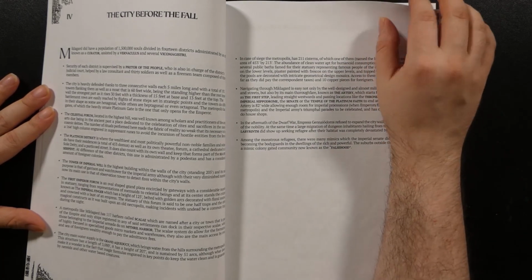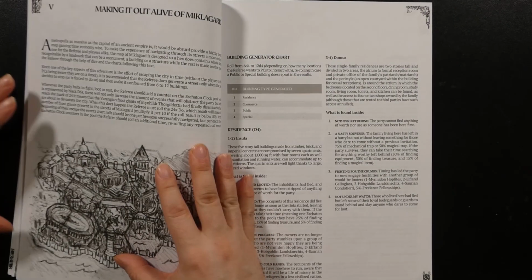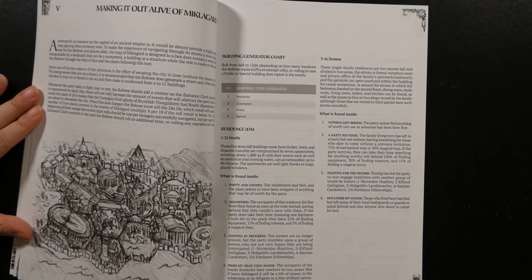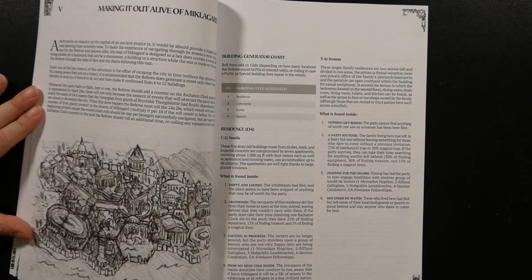Making it out alive of Miklagard explains how the city is represented in an abstract set of hexes defined by monuments in the area, and then gives rules for generating a street as needed when the party has to stop in an area. This includes the hexcrawl map, which, as I said, is really nice, but it kind of should have been cleaned up a little bit. Anyway,